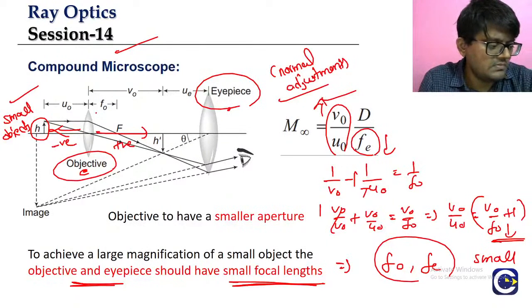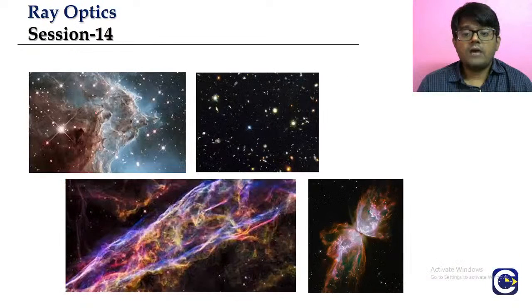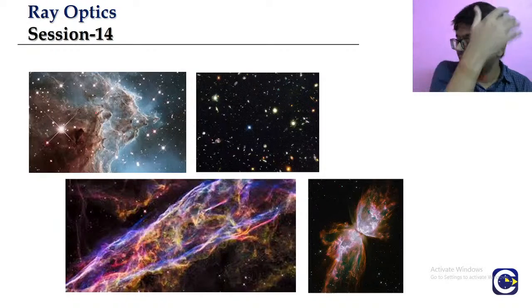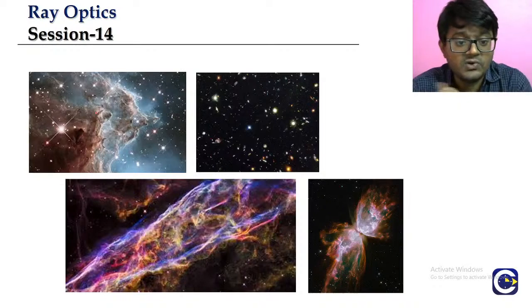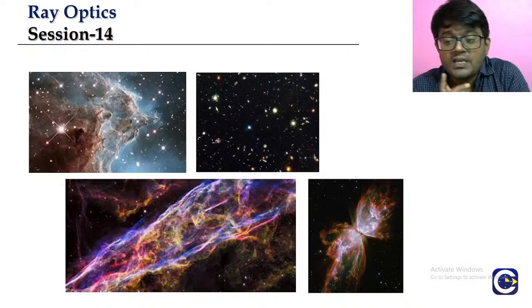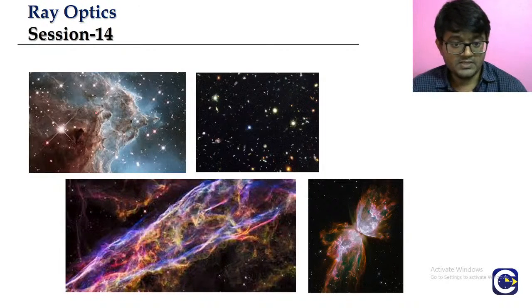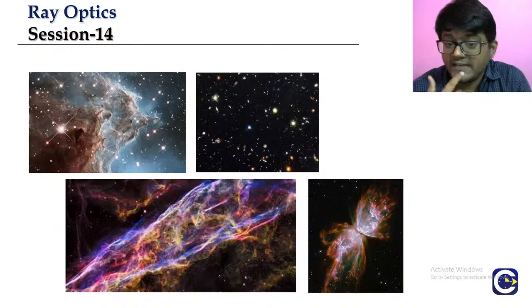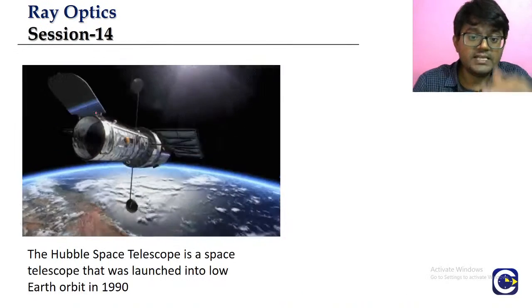achieving some specific conditions. Now look at this imagery. I don't know if you are someone who is interested in astrophysics, but you might have come across this imagery. These are all very famous images taken from the Hubble telescope. The Hubble telescope is a different kind of telescope. Why? Because it is not on the surface of the earth. It is actually launched into